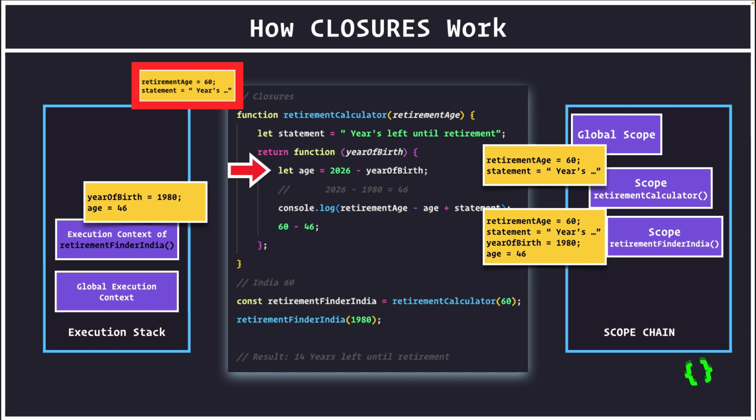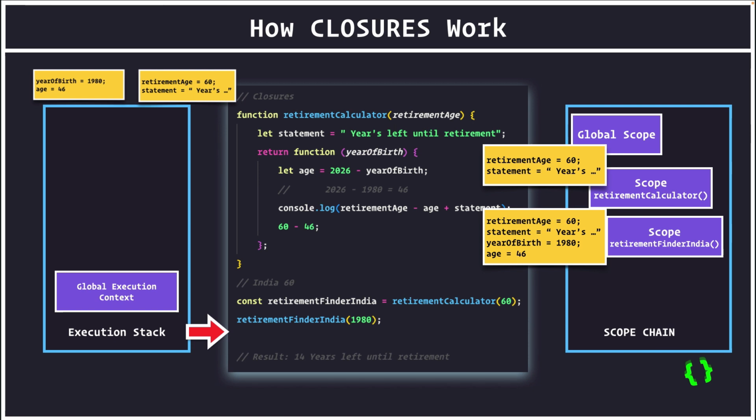It keeps working, and so we can access the variables that were created in the retirement calculator function long after the function has already completed its execution and after its execution context is of course gone. The current execution context has closed in on the outer variable object so that we can use it, and that is why it is called a closure. So the scope chain always stays intact. This is the most important thing that you have to understand and remember. And just to finish this, the function simply returns and the context is popped off the stack as usual. So now you not only know what closures are, but you also know how and why they actually work.